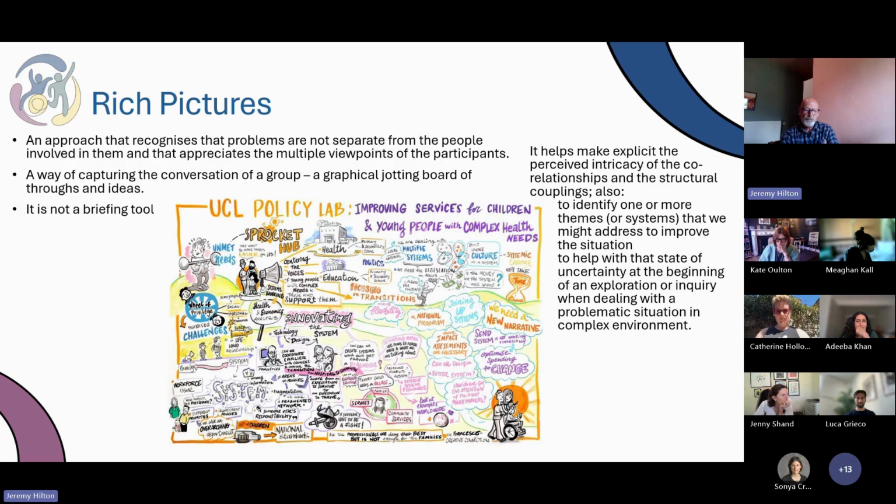But actually, any sort of mark on a page using images and diagrams where possible is quite helpful, because there's quite a few words in this one. But what you're trying to do is get your thoughts on a page. And certainly when there's a group of you working together, you can use this as a jotting board of the conversation that you've had. And it doesn't have to be understood by others. It's just to remind you and prompt you of what you've talked about. I'm trying to put it down on a single page.